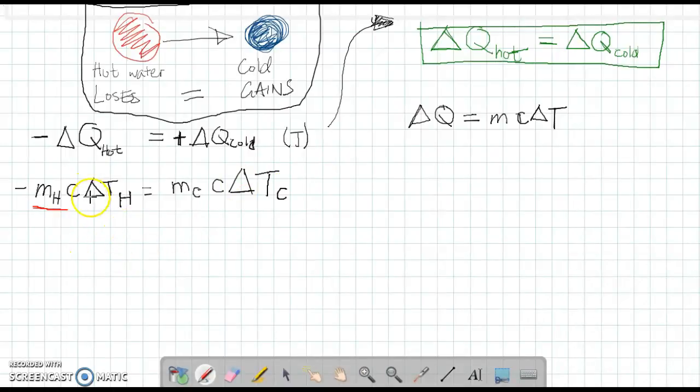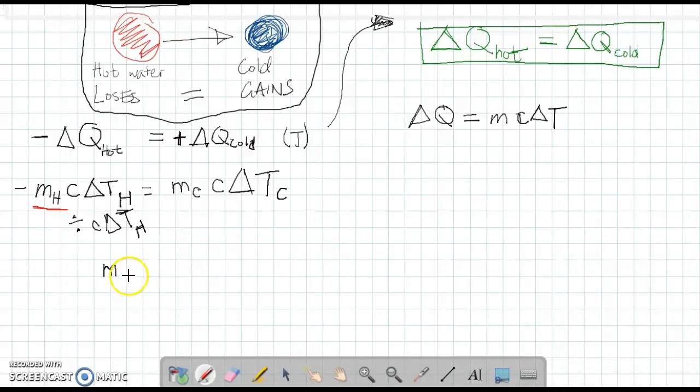So let's rearrange this and make mass of the hot water the subject. Okay, we want to get rid of this C times delta T part, so we have to divide both sides by C times delta T, temperature change of hot water. Same on the right hand side. I'm not going to write it because it's really laggy, so I'm going to just go straight to the next step. And then you get left with